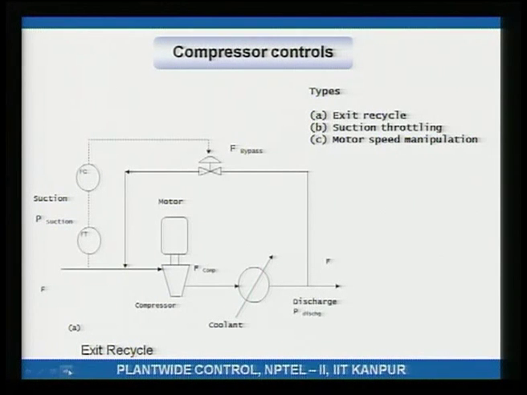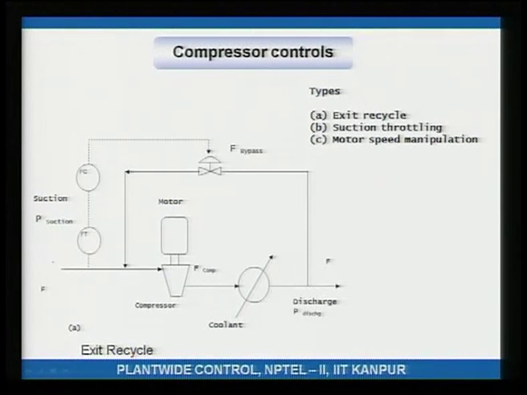Compressors, all right, let us see. What is happening here? You are getting a flow through the compressor. Now, as the gas flows through the compressor, it heats up. Because it heats up, you have this cooler which will cool this hot gas. Part of whatever is recycled back and the other is thrown.